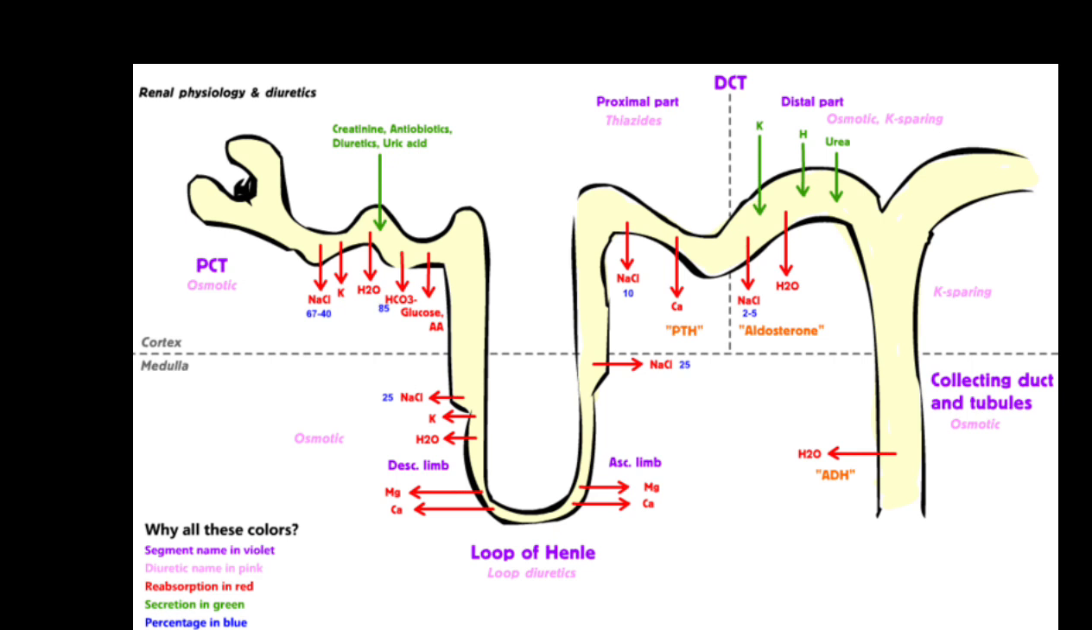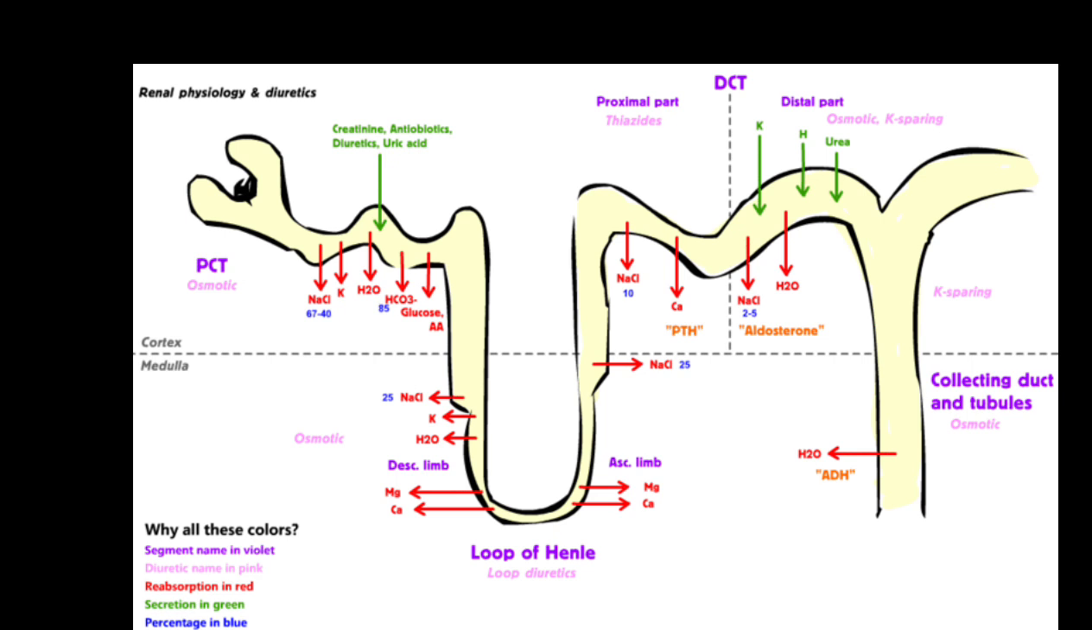Then the filtrate goes into the thin ascending limb of the loop of Henle, and from here it enters the thick ascending limb. The tubules become impermeable to water. However, electrolytes continue to be reabsorbed. Water remains inside the tube. Magnesium, calcium, sodium, chloride are all reabsorbed from the thick ascending limb except water. So here the fluid is hypotonic, while at the tip of the loop of Henle,